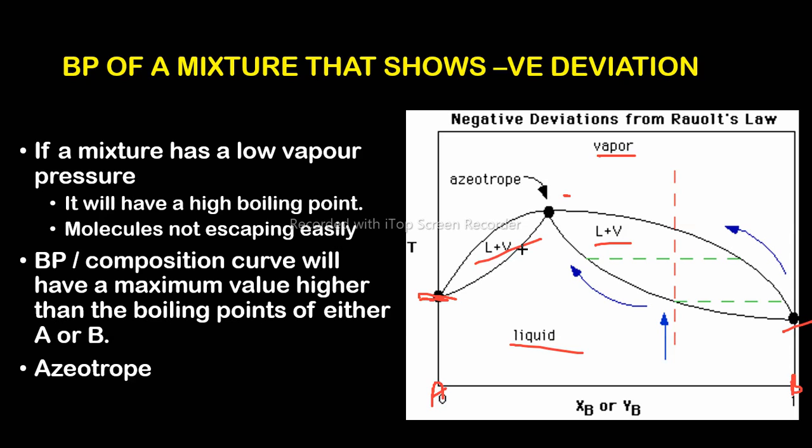But now, whereas the other one, we were able to fractionally distillate and successfully separate the two components by fractional distillation. In this case, where we have deviation, yes, you successfully separate one component, and then the other component won't be able to be isolated. If you fractionally distillate, you will finally form a liquid mixture with a constant boiling point